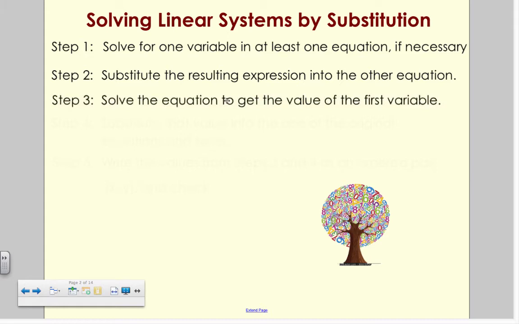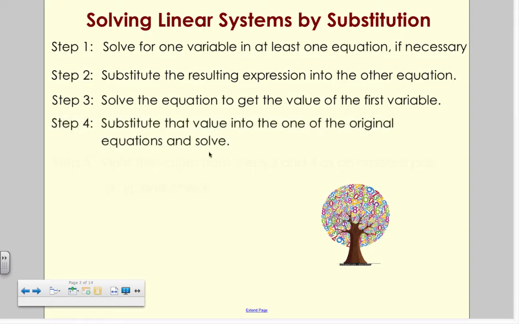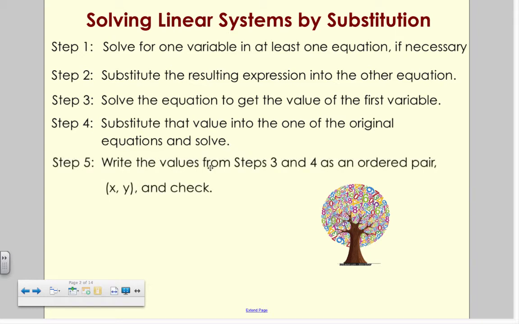Step 3, solve the equation to get the value of the first variable. Step 4, substitute that value into one of the original equations and solve. And finally, step 5 says write the values from step 3 and 4 as an ordered pair, x and y,